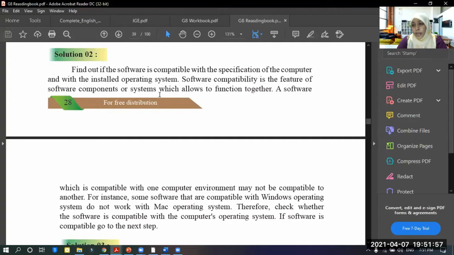So without an operating system, a computer will not work, right? For example, if the computer itself is a cricket team, the leader of this cricket team is the operating system, right?